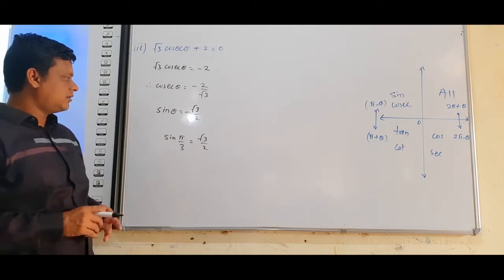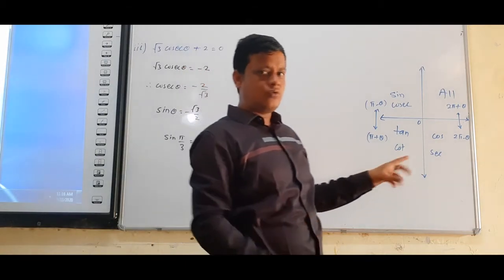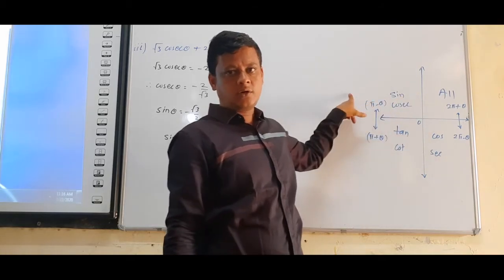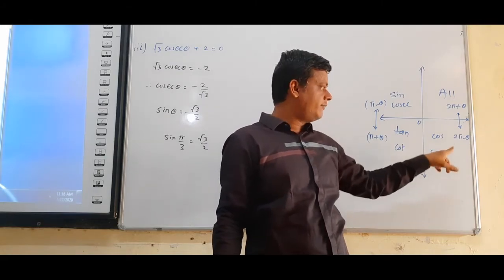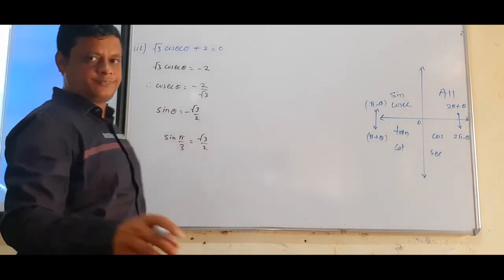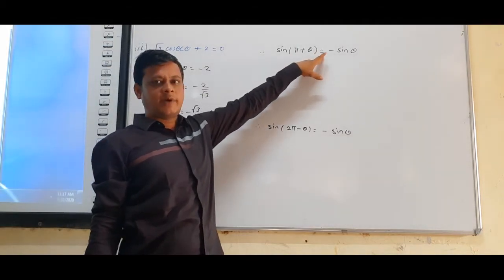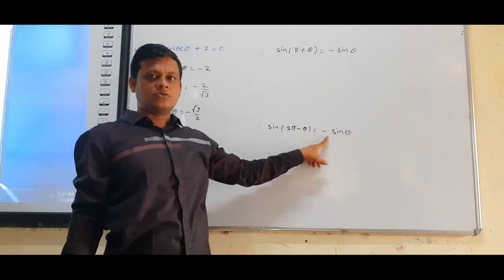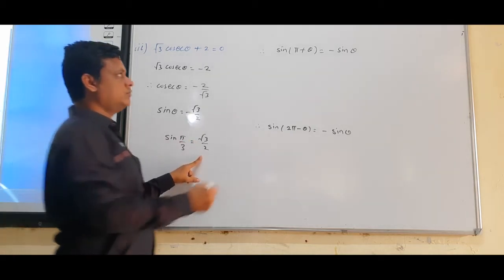So we have to check in which quadrant sin is negative. So again we have to check from this chart. First quadrant all ratios positive, second quadrant sin and cosec positive. So we have to take ratios from third and fourth, that is the formula from 3 and 4. So for the third quadrant the formula is sin(pi plus theta) equals minus sin theta, and for the fourth quadrant the formula is sin(2 pi minus theta) equals minus sin theta. Now we have to replace the value of theta.